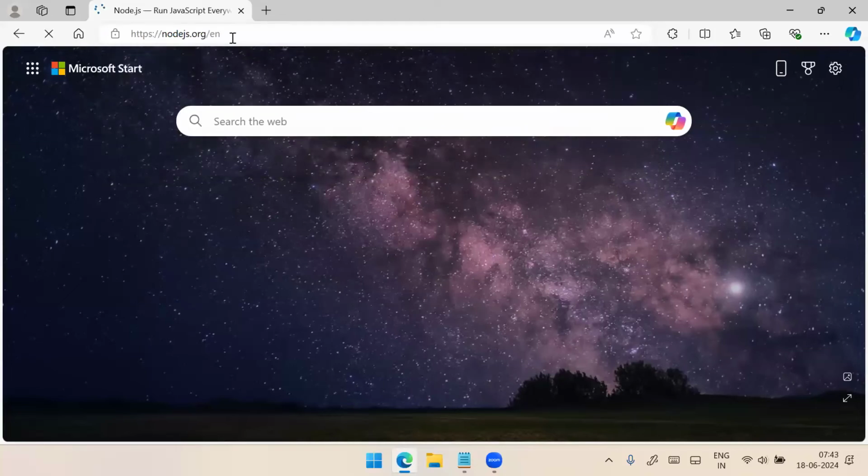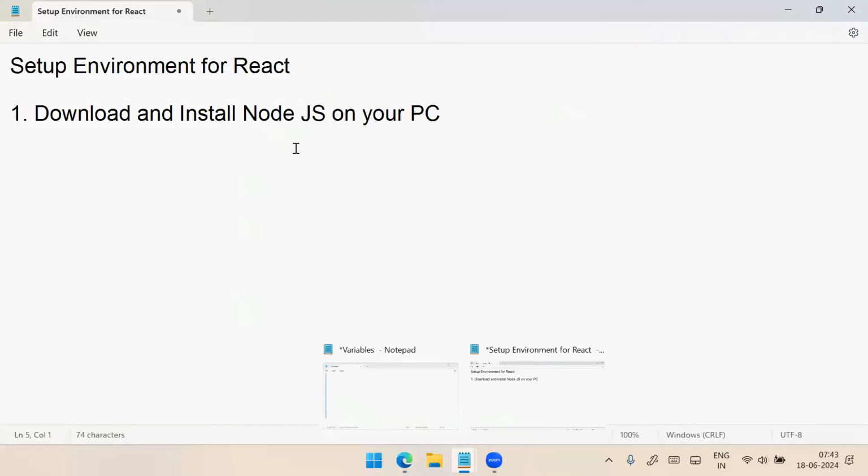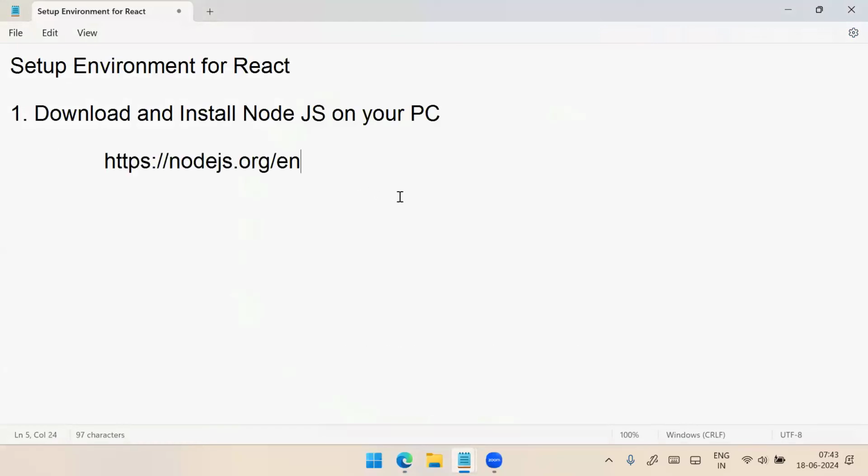So this is the Node official website. I will give you the link also. From this Node official website, you can download Node.js and install it on your PC. It is mandatory. Without this, you cannot start working with React. And why you need Node.js for React is